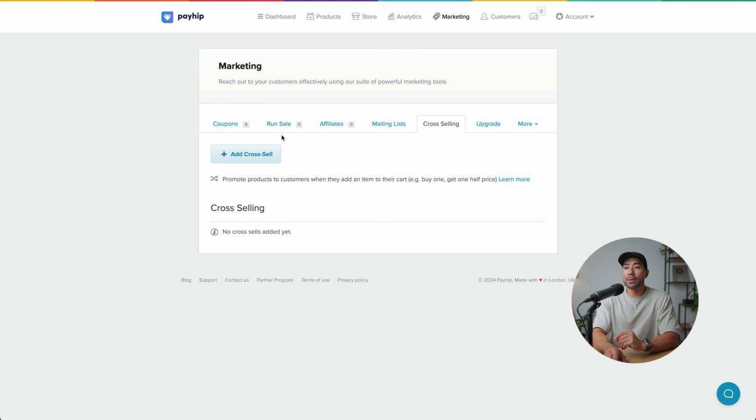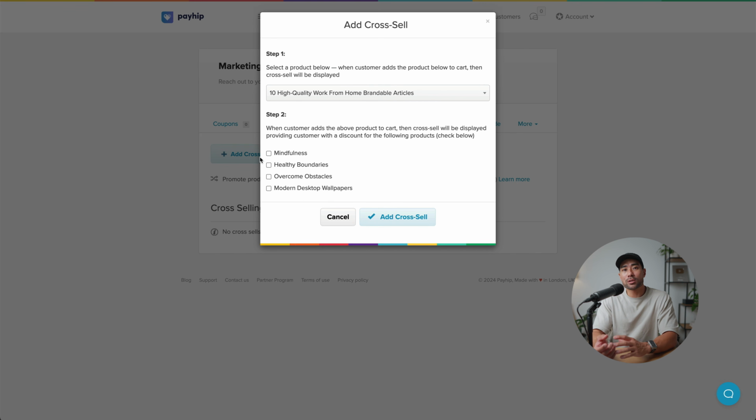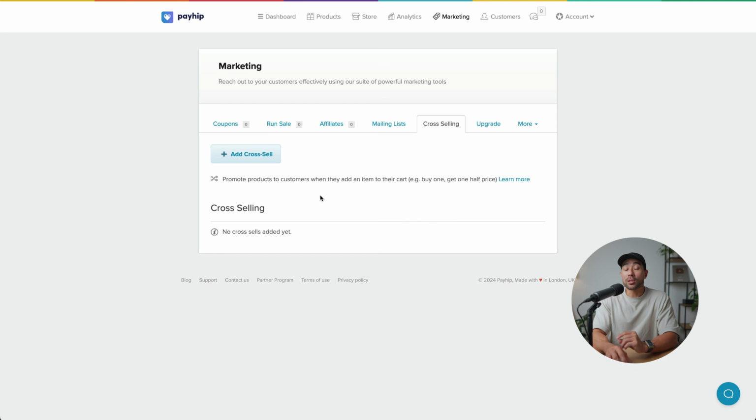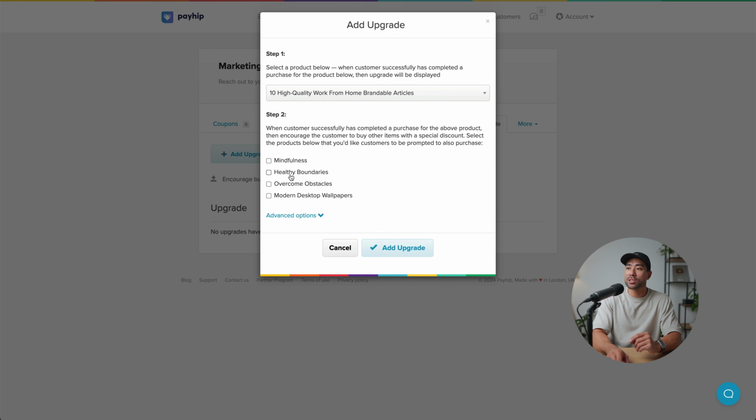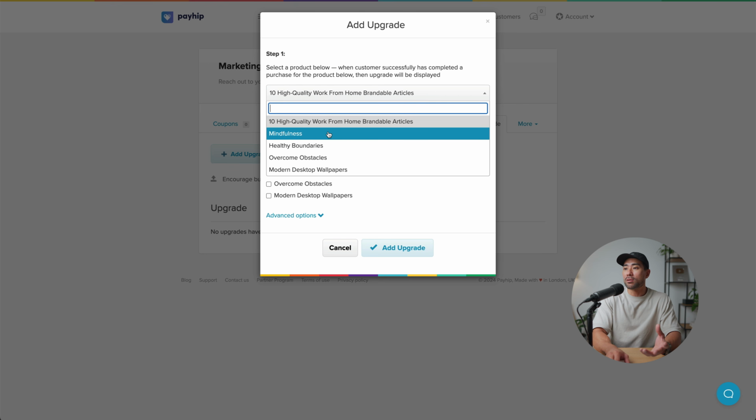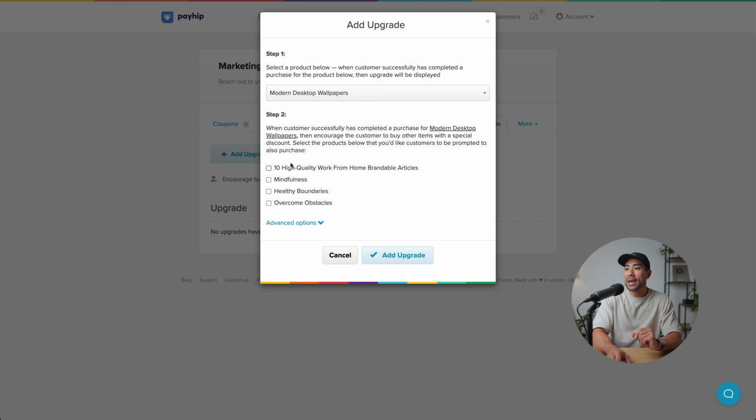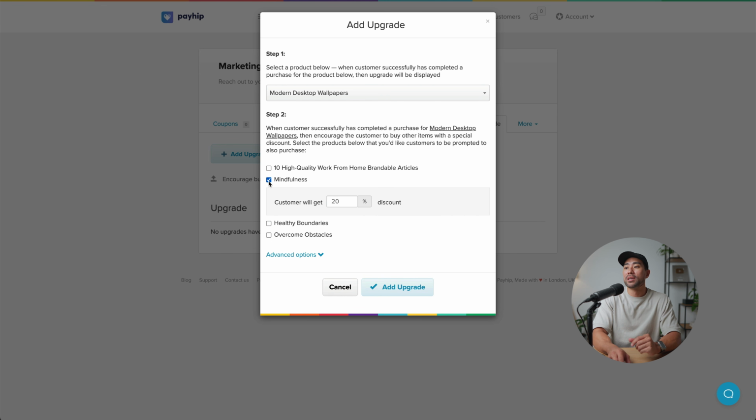With cross-selling, you'll have the ability to add additional products while someone is checking out. So this is a great way to bump up your offer even more, so you're not fixed to making just that one-time sale. Upgrades is rather different because it allows and encourages buyers of one product to purchase other products with a special discount. So if you are planning to sell your modern desktop wallpapers and you want to have the, let's say, mindfulness ebook at a discounted rate as an upgrade, you can set that percentage right there